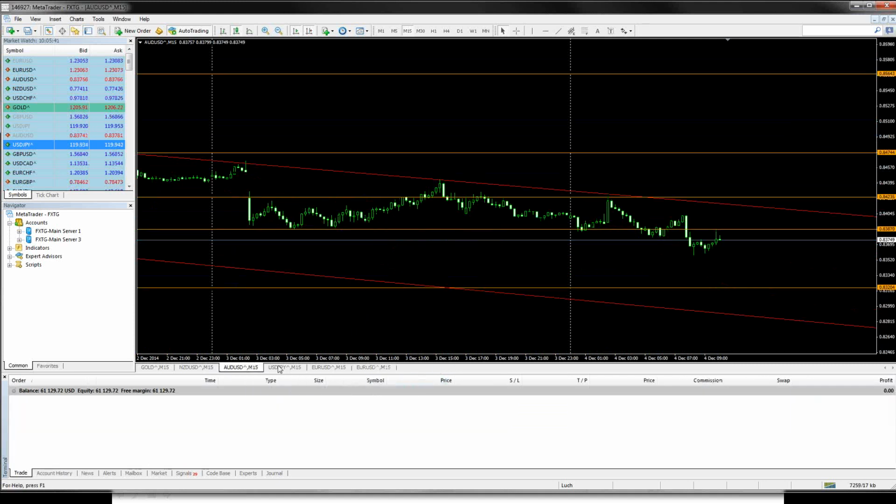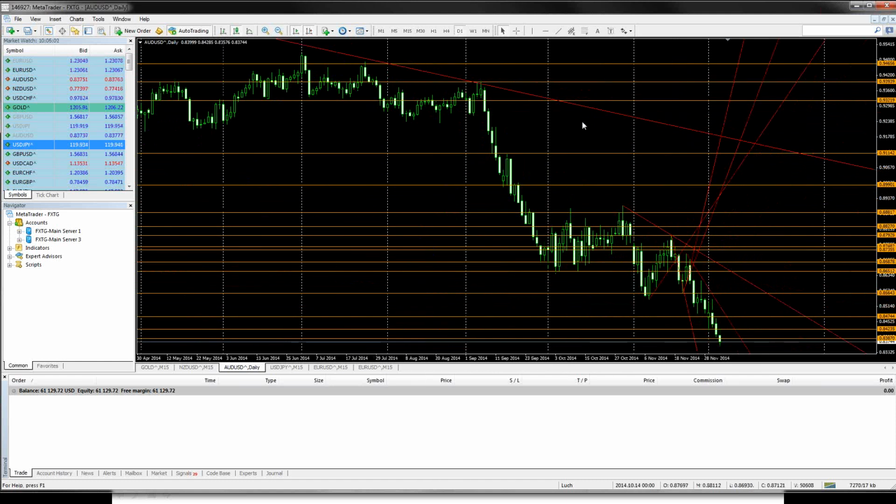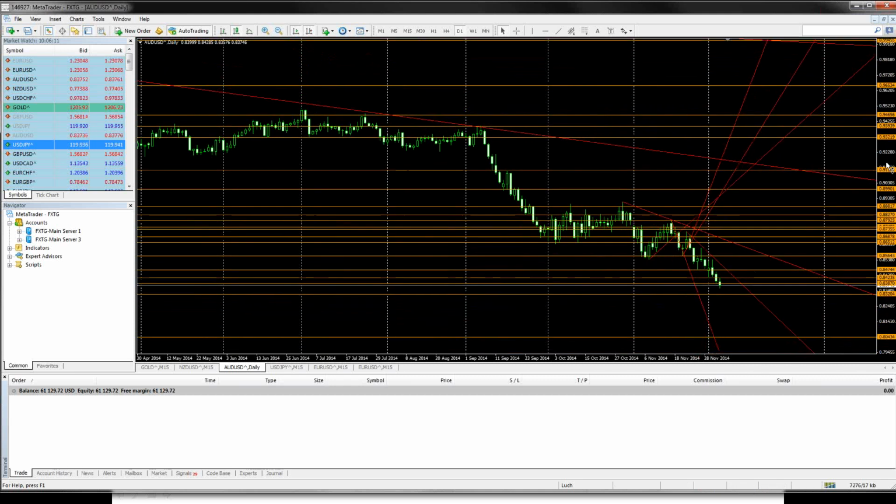If you look at the Aussie, it's really unpredictable what was happening in here, and I just wasn't sure. It's a lot of volatility. I've just closed my trade. Yep. 20 pips. Yeah, the Aussie, who knows what's going to happen. It is definitely a downtrend, heading down. And there's my Aussie chart.